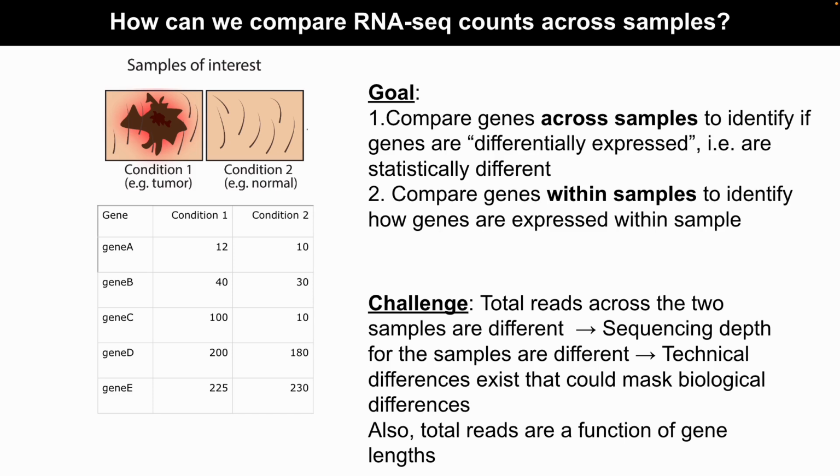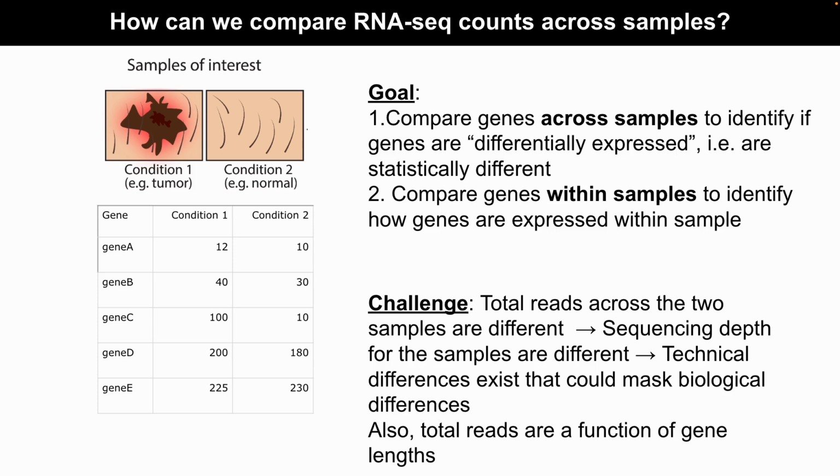Okay, so this is another example on the same thing: how can we compare RNA sequencing across two samples, which is what we are going to do in the hands-on as well. So these are different genes, and it's a similar example where everything is similar, but if you focus on gene C, it saw a 10-fold amplification overall, which could be biological or it could be technical. The challenge in analyzing any of this data is that sequencing depths are different, or technical differences exist that could mask